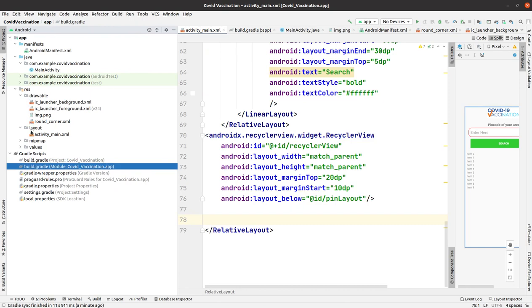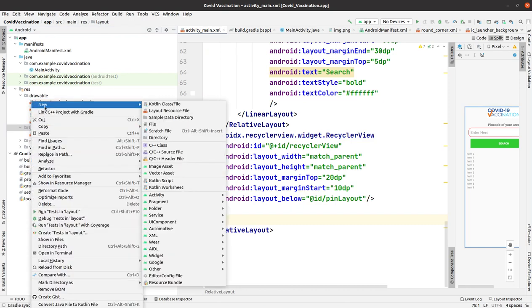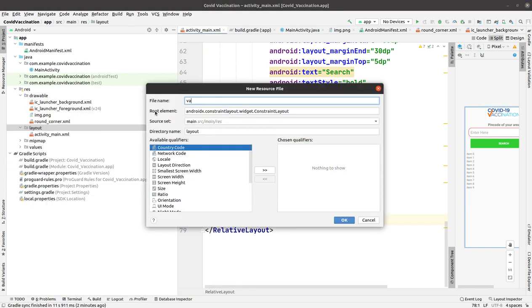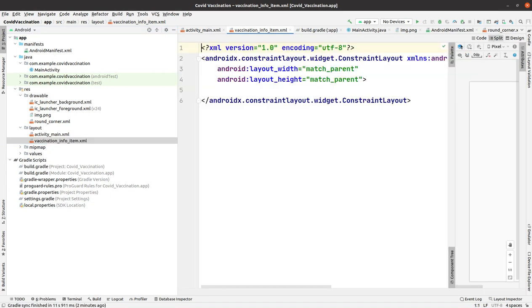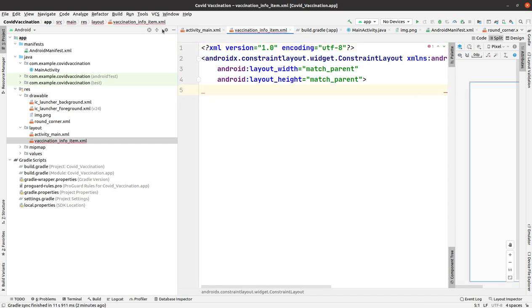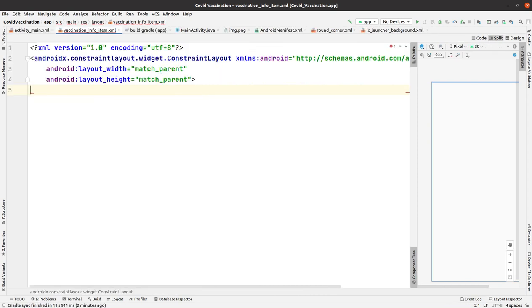Okay, so now I have to create another layout resource file for showing the result within that recycler view. I need an item view for this, so I'm naming it vaccination info item so that a list of these items can be added into that recycler view of the main activity. Okay, no issues. What I'm going to do next is add a card view here, but card view also has its own dependency,